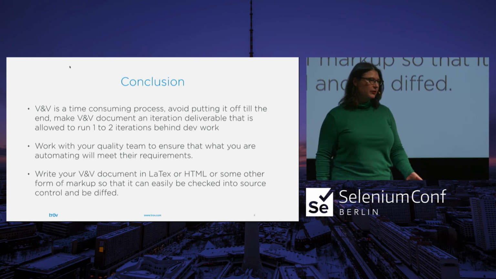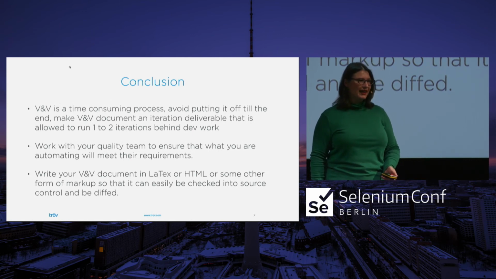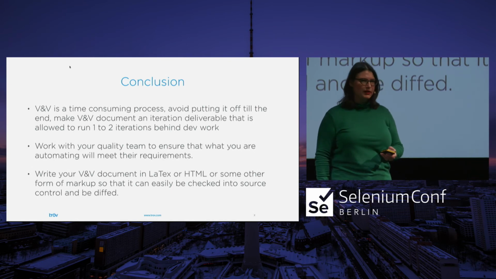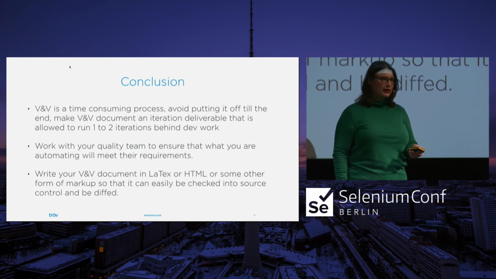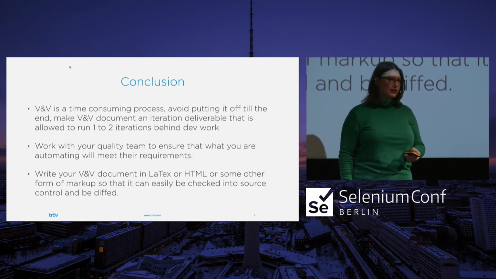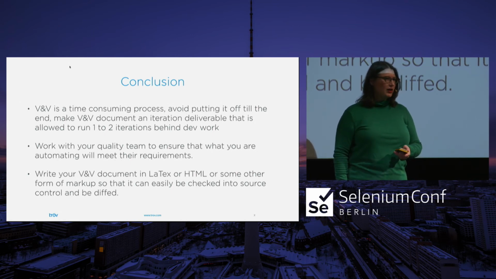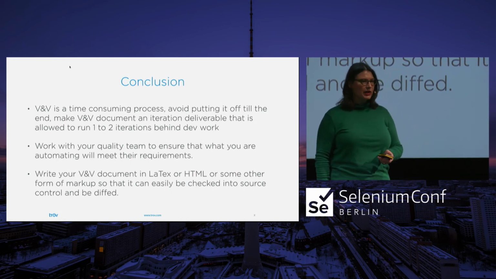Our software team had been going since June, and we were in trouble when we started in November, because we already had a pretty mature product at that point in time. There were going to be a lot of changes, but I think it would have been considerably easier, instead of trying to write the V&V document closer to the end of the project, to have done it in an iterative fashion. We had a hard time getting our customers to review the document and confirm that it was correct,